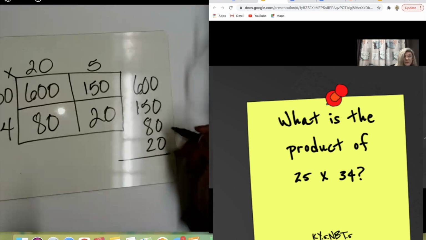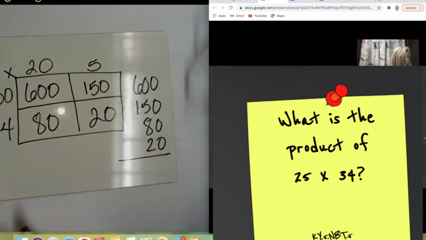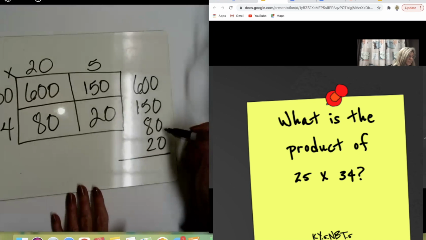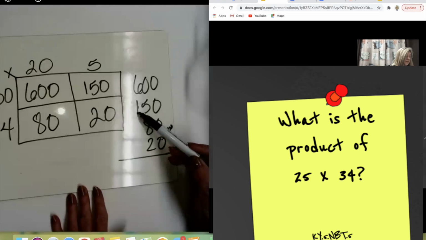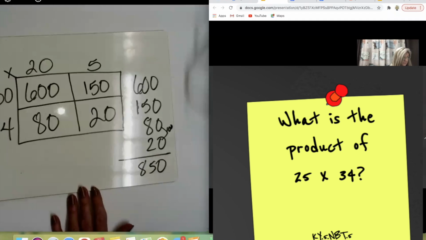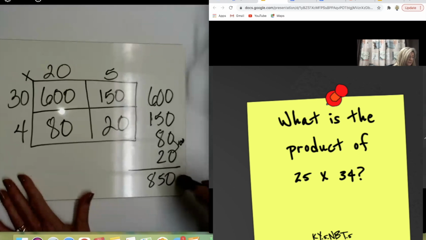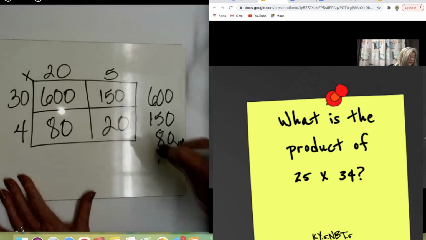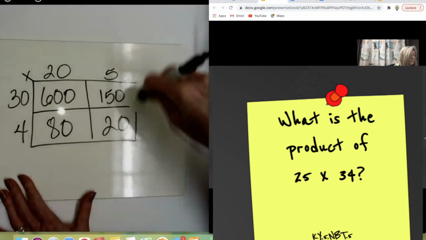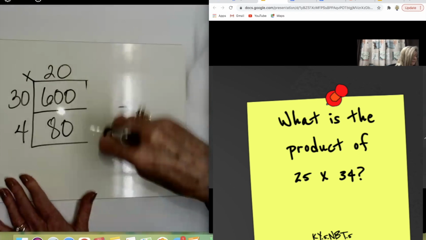So I always like to have mine think about place value and try to do these mentally as much as possible. So I would have mine think about 80 and 20. We know that 8 and 2 is 10, so 80 and 20 is going to be 100. So that's going to give me 100 there. So 600, 700, 850. Okay. So we want our kids thinking about place value, thinking mentally, if they can do that. If they can't, then we can give them tools to work with to model those groups that we're looking at.